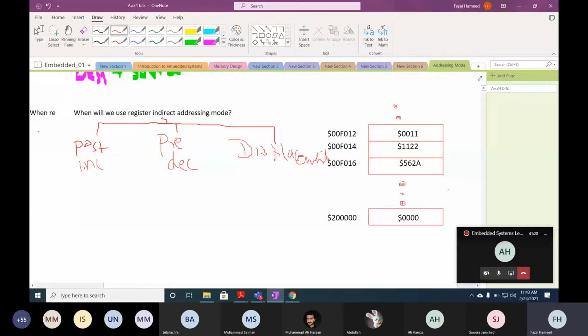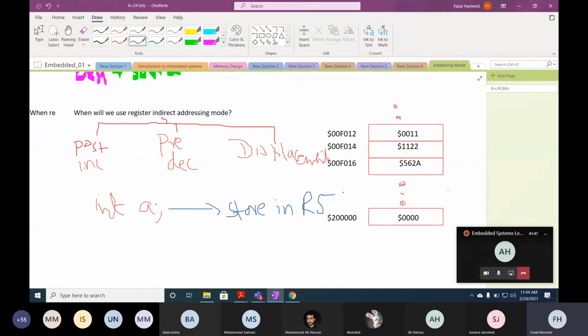Let's assume a scenario. I will explain this. Let's assume you have an integer variable a. If you store this in a register, let's assume you store it in R5, which is our data register, your problem will be solved. Register is faster. We already said that register is faster. Why are we storing the value in memory?